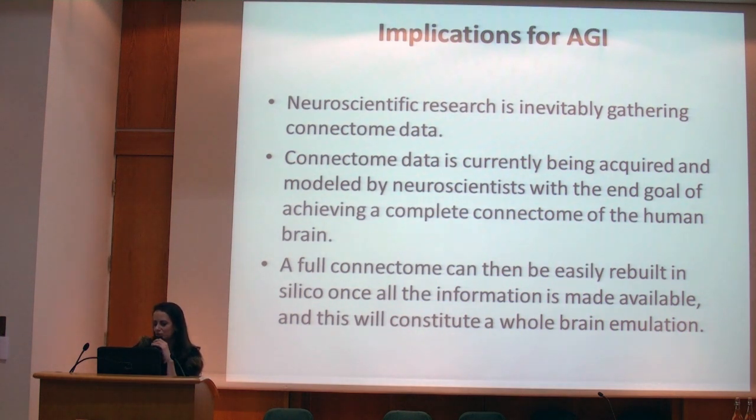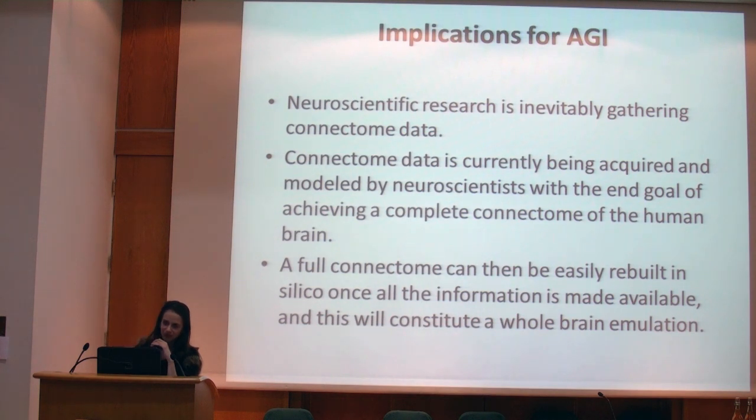One would imagine that this would be the end of neuroscience, right? So what other final goal would it have in understanding the whole brain at a very large scale? Now, once neuroscience provides a connectome, this should be easily rebuilt in silico once all the information is made available, and this would constitute a whole brain emulation, and why not an AGI? Now, you might ask me at which scale one would need to have this connectome in order to achieve this brain emulation. My answer would probably be